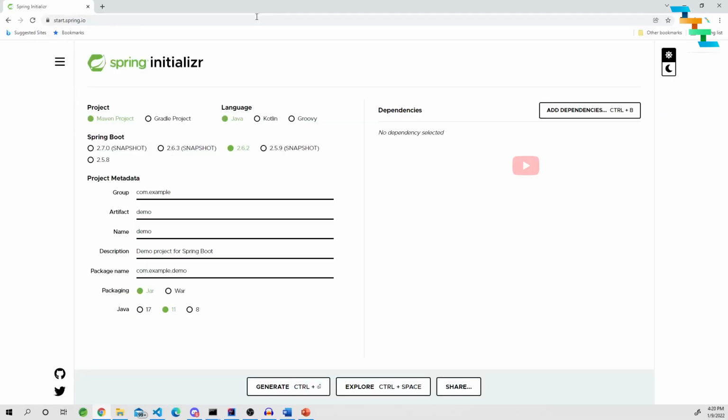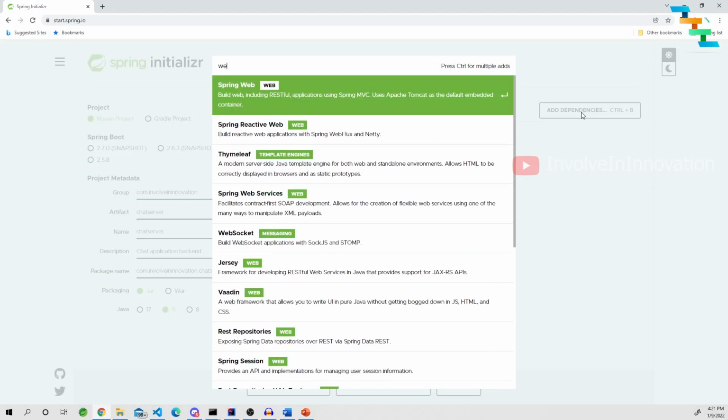So we will go to start.spring.io, and here we will make it Java, and it is a Maven project, and then the Spring Boot version is 2.6.2, and the group name is com.involve in innovation, and then the artifact is chat server, and we will add two dependencies. One is the WebSocket dependency,